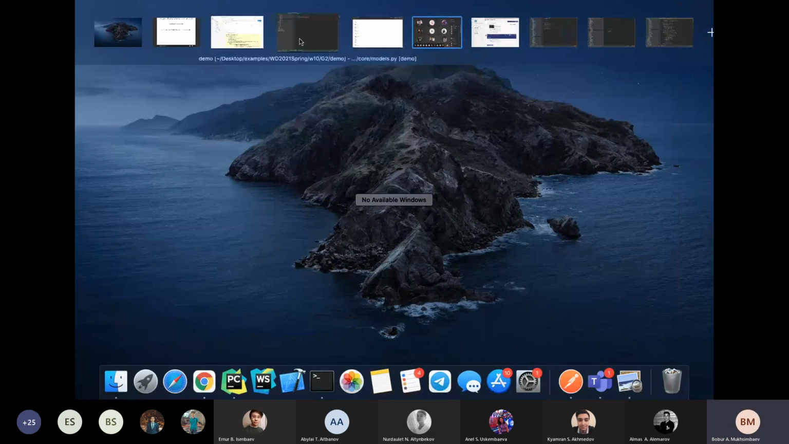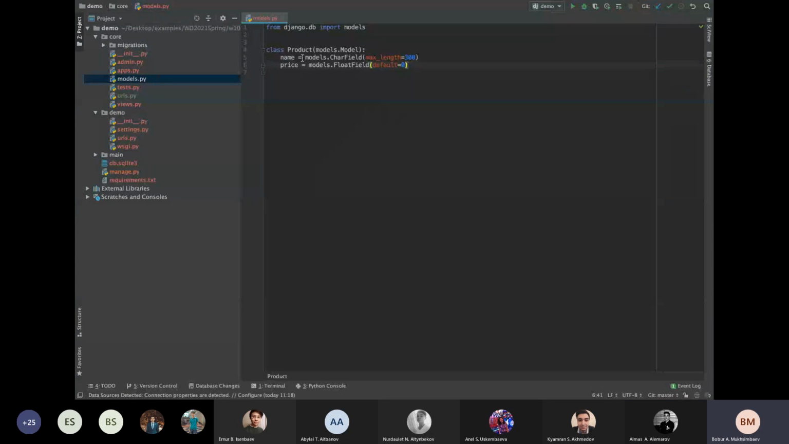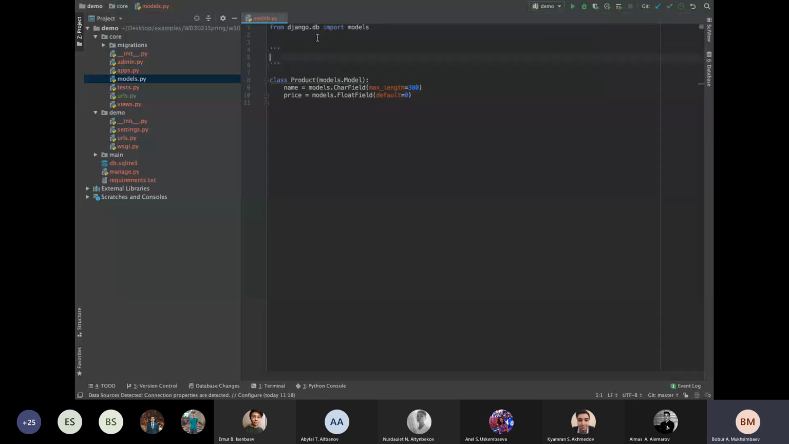Okay, let's continue, guys. We are describing our table. By default we set the ID column, which is auto-incremented and the primary key. And after that, we have the column name with the CharField, column price with the FloatField. In other words, you can think about it like this: after creating such a class and executing the migrations, this class will be converted to a